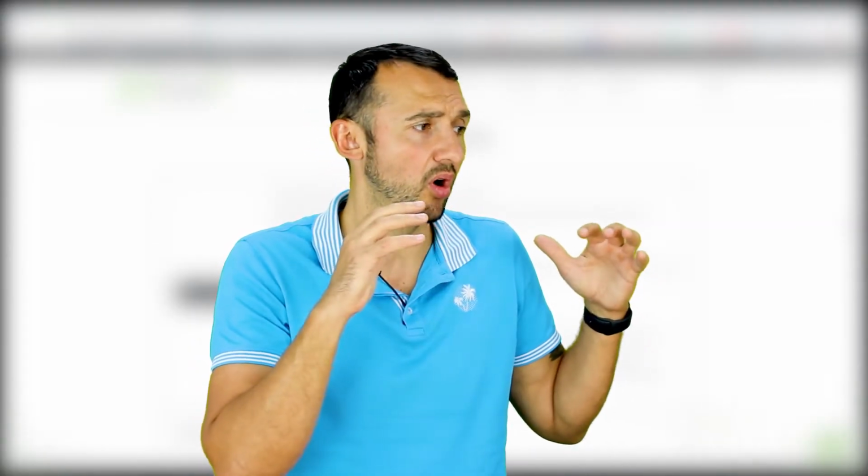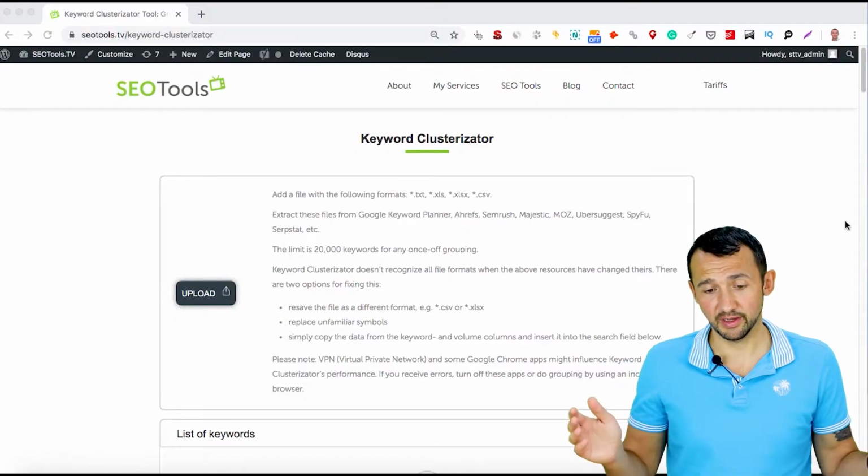Sometimes webmasters try to cover the whole list of keywords. If you know your structure, just choose priorities. Don't try to cover everything, because if you have similar pages, you can't rank all pages on your website. That's why I created my tool that helps you customize your priorities. And let me share my screen.